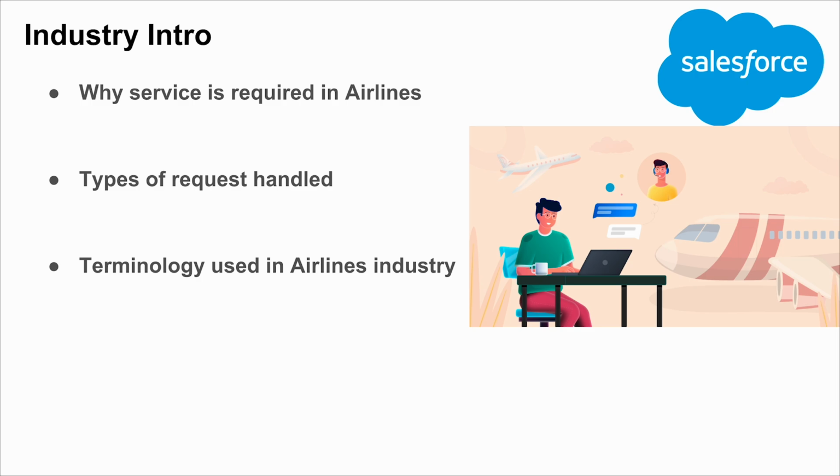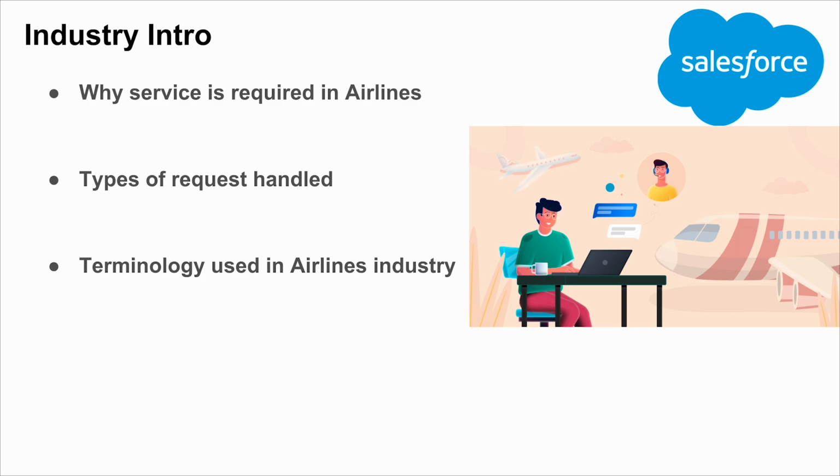Let us consider another example where my baggage has been lost or misplaced and I want to raise a complaint against a particular travel. This is one kind of request where I call the call center and raise a complaint. In another scenario, I just want to thank them for the service provided to me while traveling from one place to another. And consider one more example where I want to complain against one of the cabin crew who was very rude to me during the trip. So these are a few examples of different kinds of requests that can be, or should be, handled by the contact center team in my business.